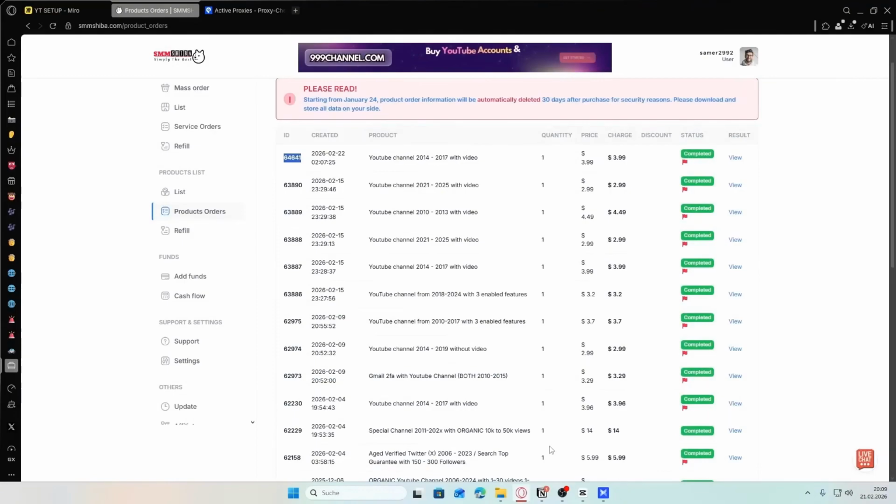Alright, so I'm currently at my dashboard on smmshiba.com, and do not get confused by the website names. SMM and SMM Dodge are actually the same website. So all you have to do once you've created yourself an account here is to go on list, click on this category icon, select, and here you want to select something, basically any option that says from with video. So I'm going to choose this one right here, and this should be already fine. 2014, 2017, yeah. Now I'm gonna click on buy, confirm,